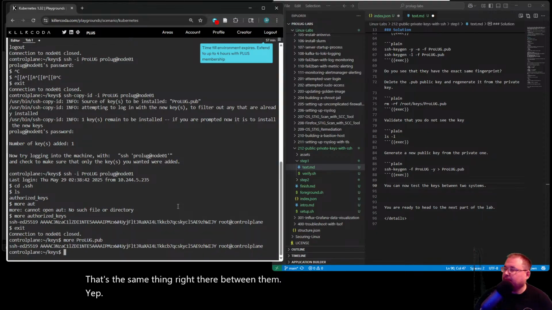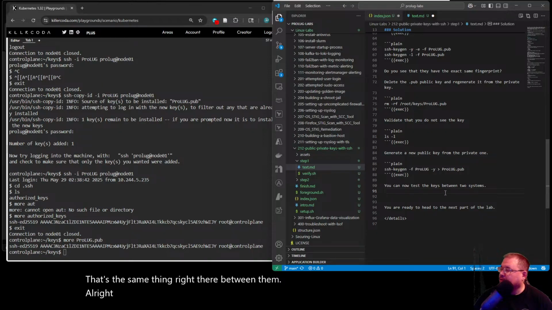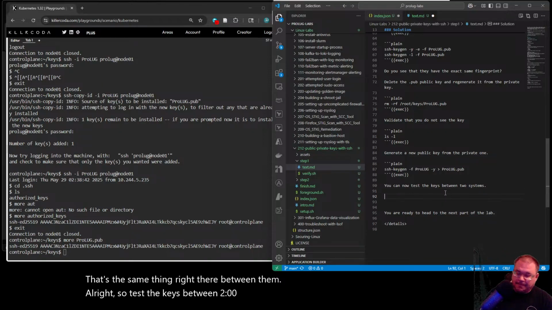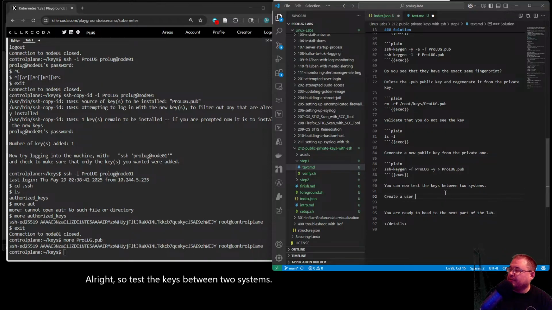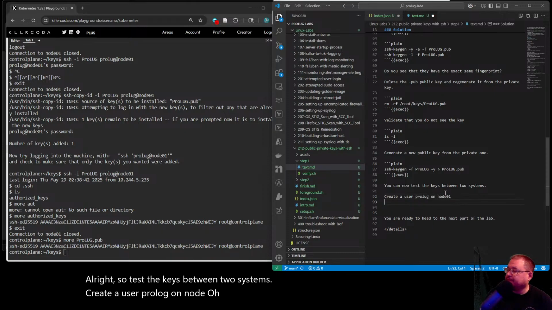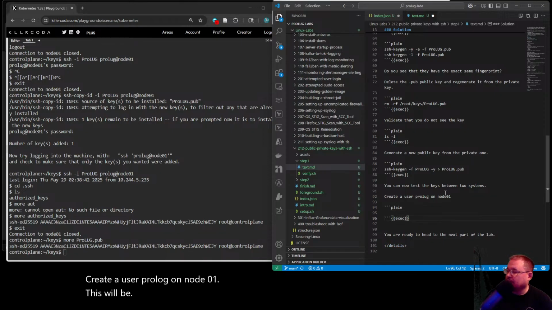All right. So, test the keys between two systems. Create a user prolug on node 01. You're just going to SSH to node 01.